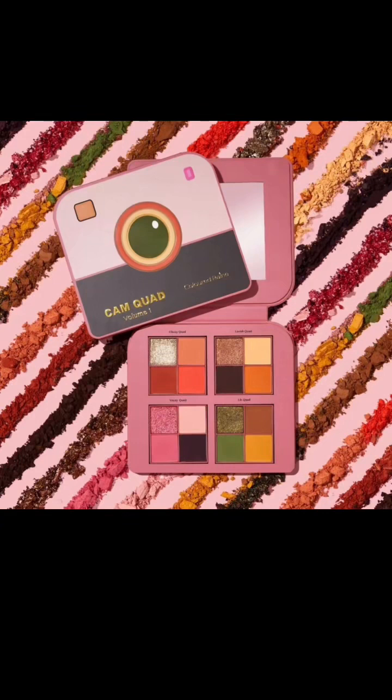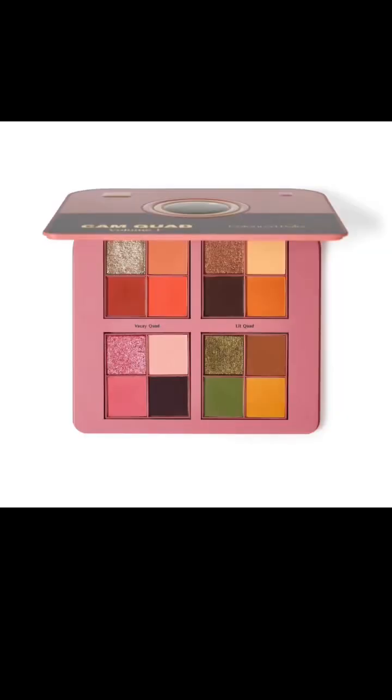This is available right now for €33.95 if you are interested. They used to sell over on Feel Unique, but I don't think they're available there anymore, so you do have to get them via their own website. And it's kind of funny because, yes, it's their Cam Quad, and they have essentially 4 quads, but it almost looks like a quad within a quad. It's very strange. Anyways, the 4 quads that we're looking at are Classy Quad, Lavish Quad, Vacay Quad, and Lit